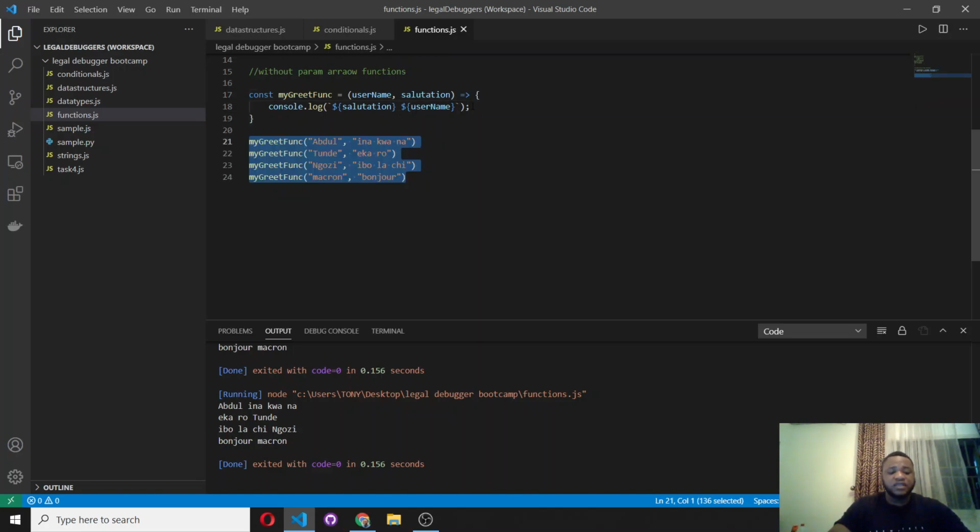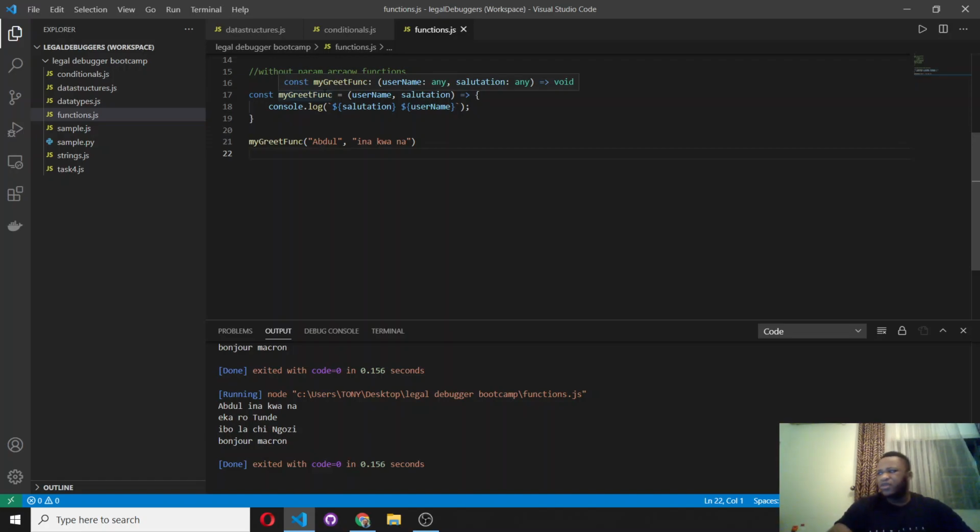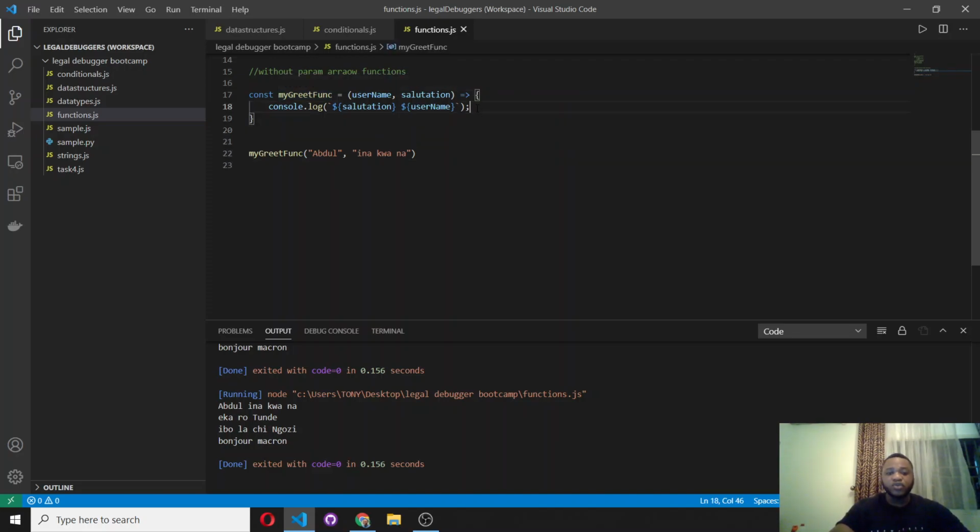So let's say we wanted to show how you return, because right now if you hover over this function, you will see void here, right? Meaning the return type is it returns nothing. But what we can do is we can have it log something out and just return